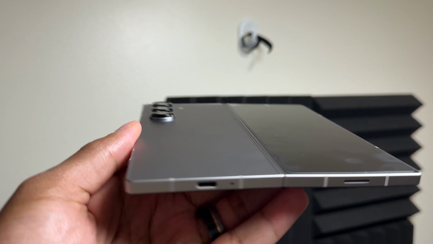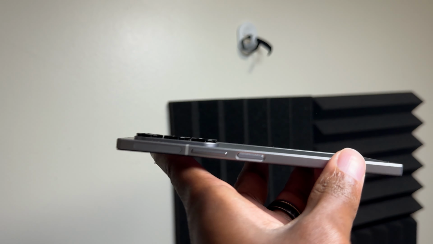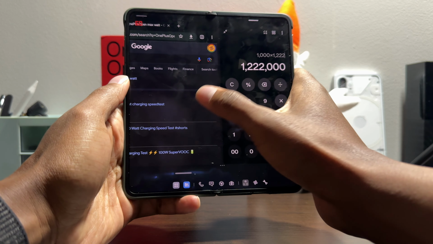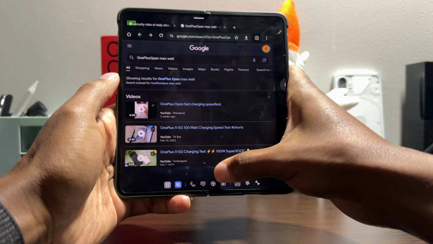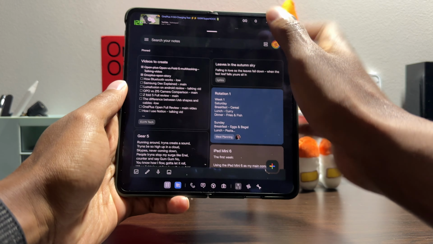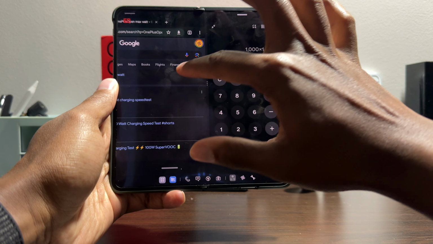Overall, both of these devices go hard when it comes to multitasking, and like I said earlier, I think they are the best in terms of foldable multitasking. The OnePlus Open's Open Canvas is really nice and smooth and it's enjoyable. However, I do prefer the Z Fold's multitasking just because